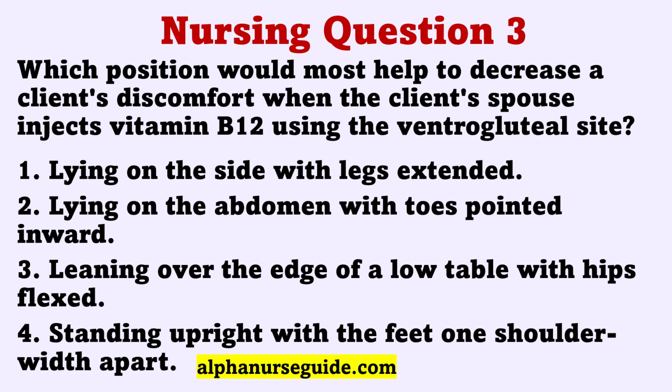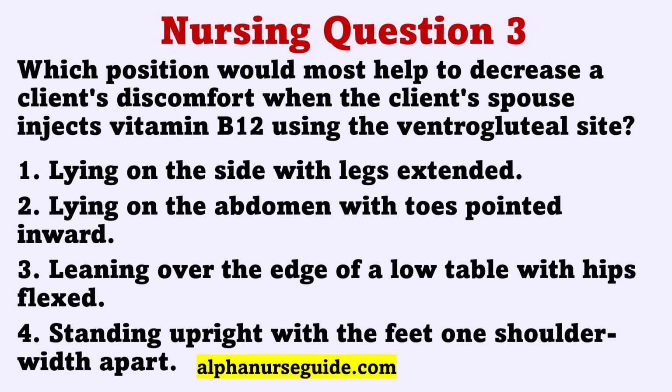The correct answer is 2. Lying on the abdomen with toes pointed inward. To promote comfort when injecting at the ventrogluteal site, the position of choice is with the client lying on the abdomen with toes pointed inward. This positioning promotes muscle relaxation, which decreases the discomfort of making an injection into a tense muscle. Lying on the side with legs extended will not provide the greatest muscle relaxation. Leaning over the edge of a table with the hips flexed and standing upright with the feet apart will increase